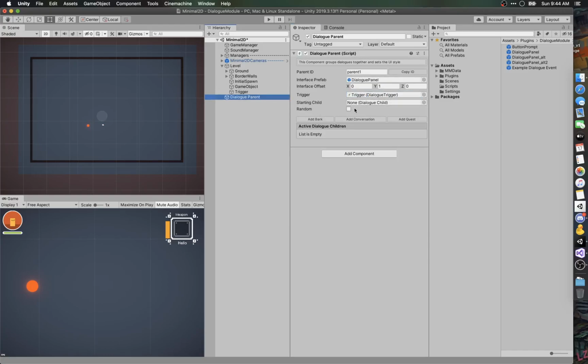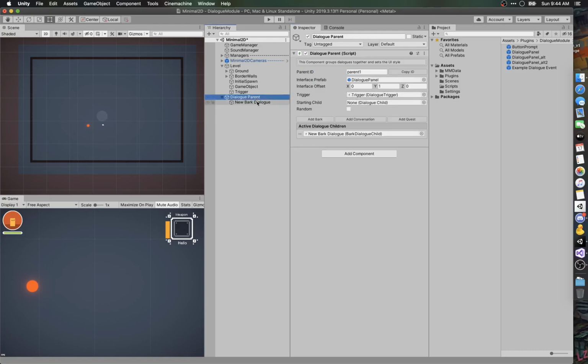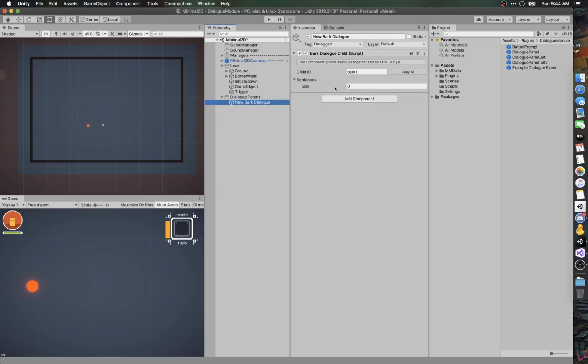All right, starting child. If you set a starting child, it'll automatically pull whatever child you have under this parent into here. So let's say we'll add a bark. This bark comes under here. We'll name it bark 1. Now under dialog parent, if we want that bark 1 to always start when this is triggered, we'll just add this to the start. The only time this won't start when it's triggered is if this